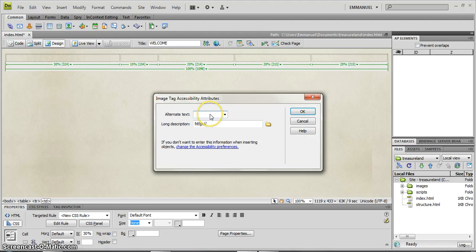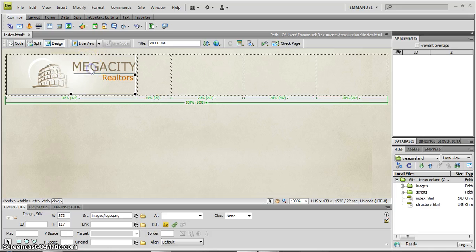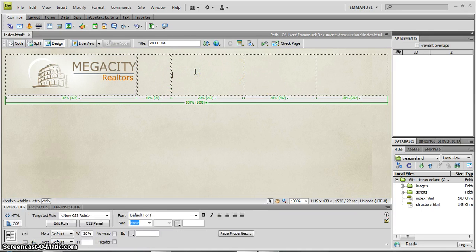This is actually optional. Whatever text you put here is going to describe your image. This has several advantages, and I'll tell you some of them. The chief advantage is that whenever someone is trying to access your site using a very slow browser, if that image doesn't load on time, what the person will see on the browser is this alternate text, this description of the image. So it is better to always put an alternate text here that describes what your image is for. But I choose to ignore it and I click OK, and immediately my image stays in position. I come to this next column, and